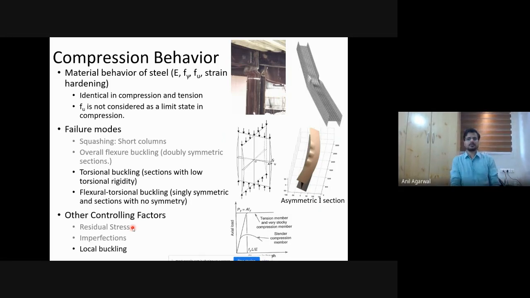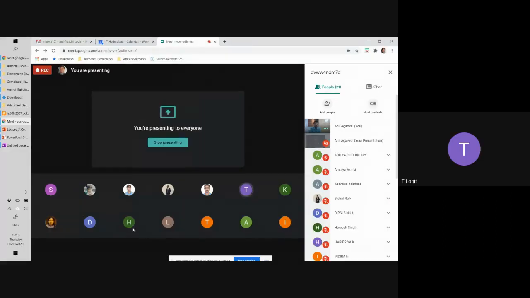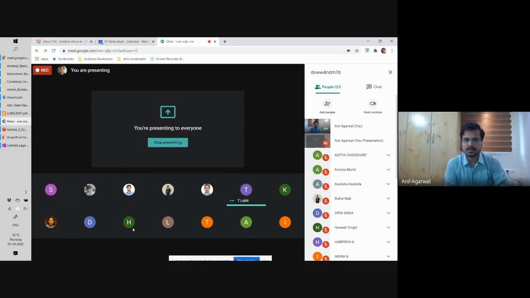We had an elaborate discussion on the effect of residual stresses on the capacity of a column, right? But we never even mentioned residual stresses when we were talking about the tension capacity of a steel member. Why is it so? Maybe the reason is that in compression, buckling capacity is getting affected by the residual stresses, whereas in tension members, that's not the case. Yes, that's the correct answer. Maybe I can ask somebody else to elaborate, or if they were able to follow what Lohit was saying, they can expand a little bit more.